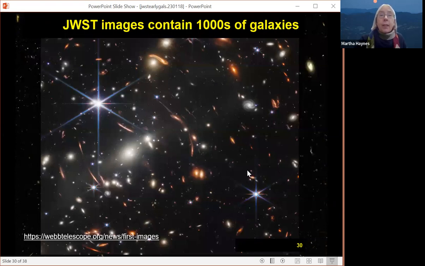Here's a close-up of the image to show a couple of things. First of all, the image that you see here contains thousands and thousands of galaxies. Some of them are nearby, some of them are 3 billion light years away. This cluster of galaxies, especially the ones that you see in white,